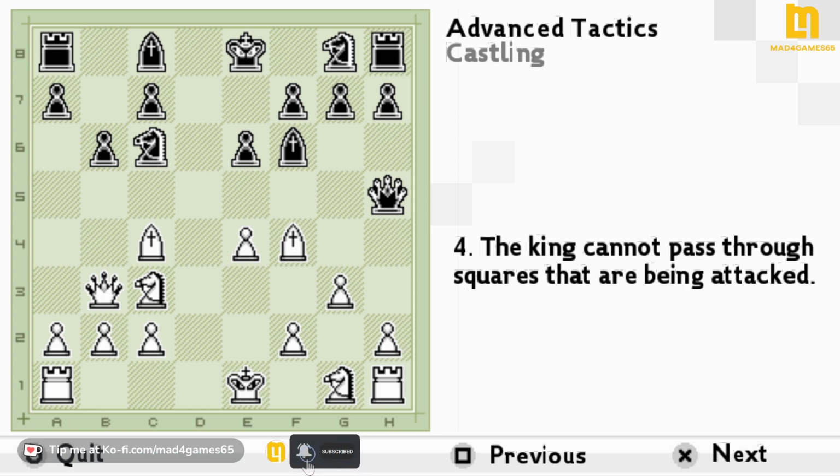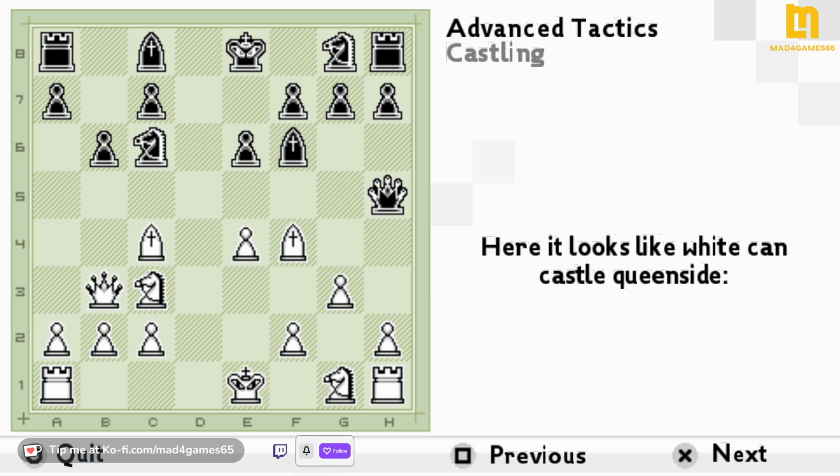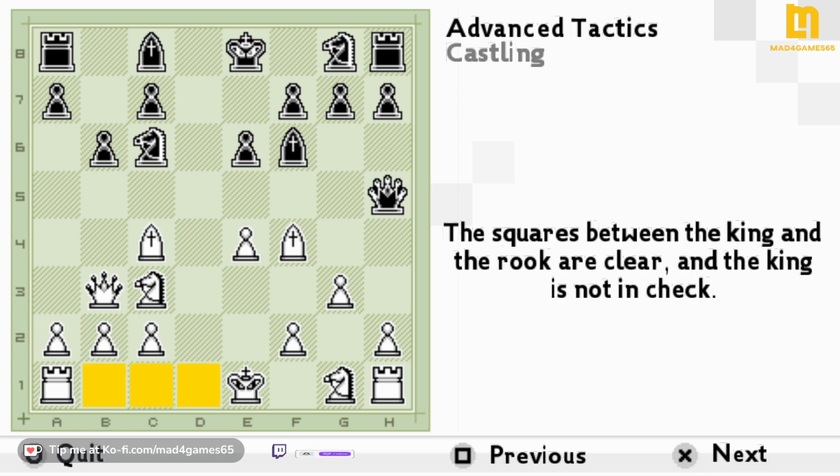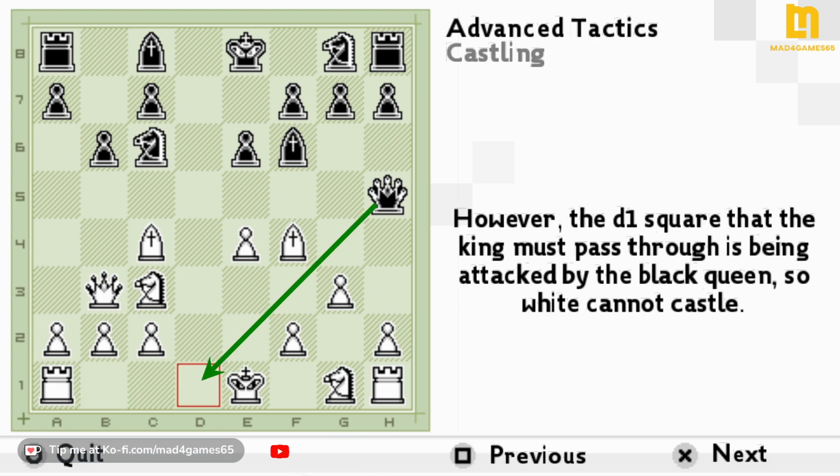4. The king cannot pass through squares that are being attacked. Right, so it looks like white can castle queenside. So he can't move past that square because the queen is attacking one of the squares there. The squares between the king and the rook are clear and the king is not in check. However, the d1 square that the king must pass through is being attacked by the black queen, so white